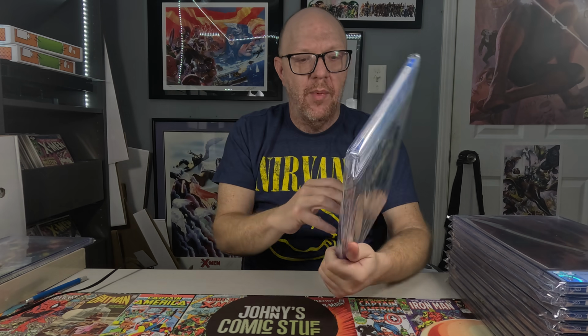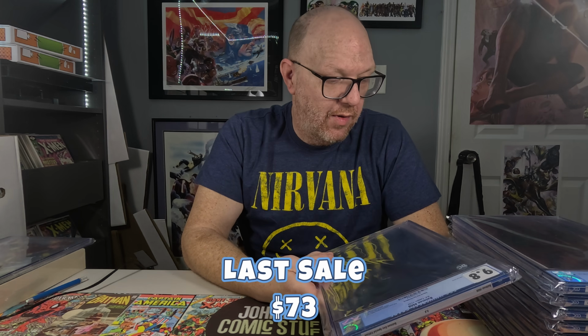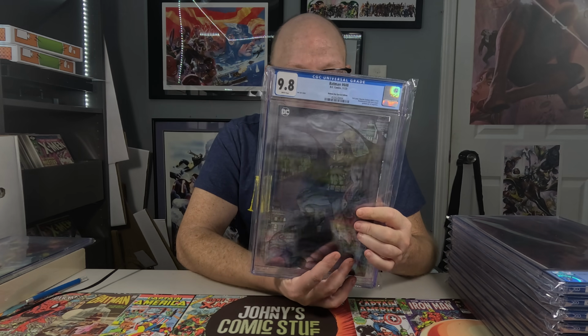So 9.8 white pages again. Foil cover. Again, should be a 9.9 or a 10, but it's not. I'm not complaining. I think this was the cover that was the second printing on the original one, which goes for a lot more than the first printing. But this was the first